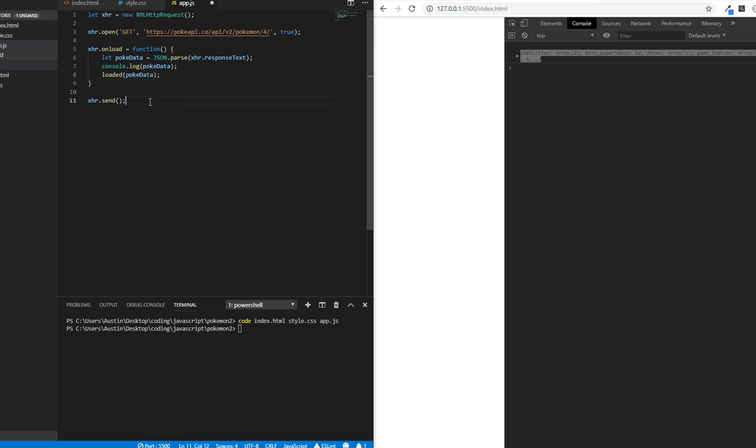So let's go underneath .send and create the function that we just called, loaded. Function loaded that takes in the PokeData. Now this function is going to be large. You could do a bunch of smaller functions, which you probably should, but for this demonstration, we're going to do loaded